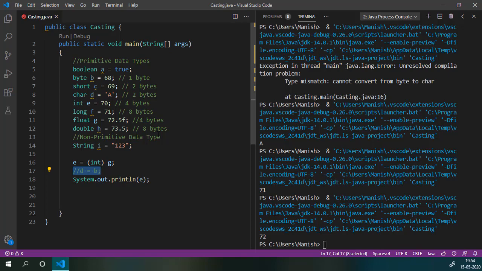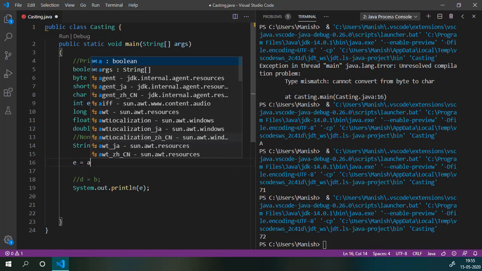As you have already seen, all the primitive data types can be converted with the above two methods. However, it is not possible to do that with the Boolean data type. Therefore, we need another method to do that. We can use the ternary operator. For example, if I want to convert this Boolean data type into integer, then I can say int. Sorry, I have already declared an integer value. I will use that. Int is equal to a